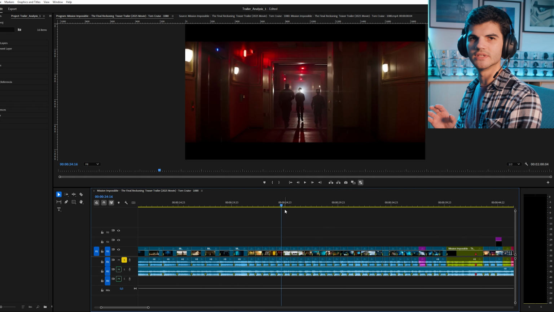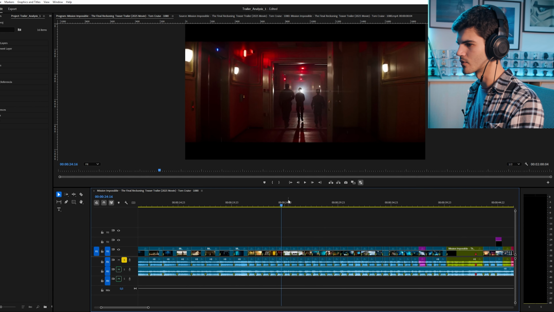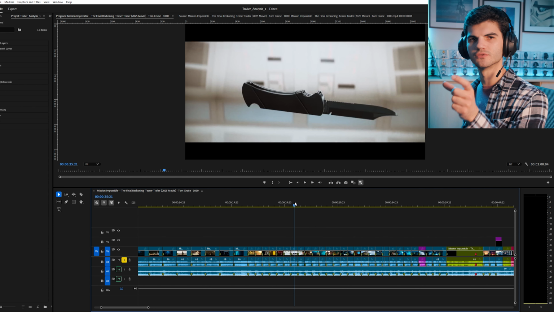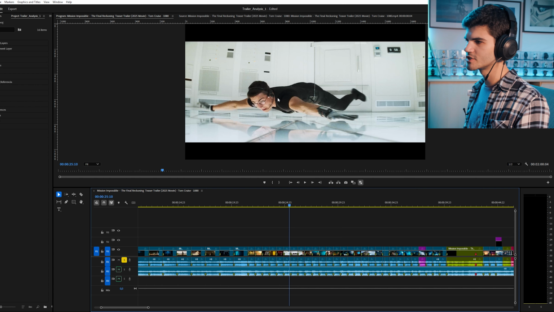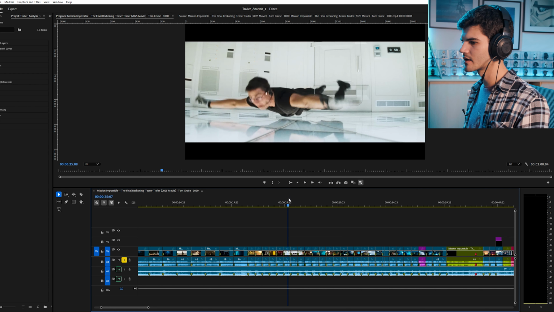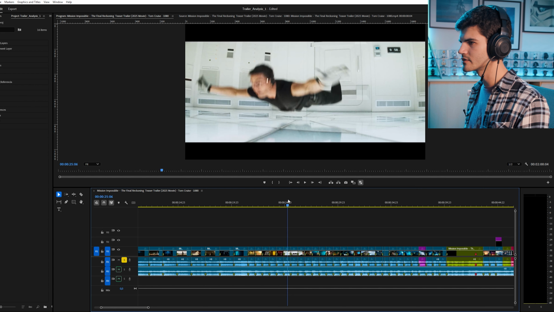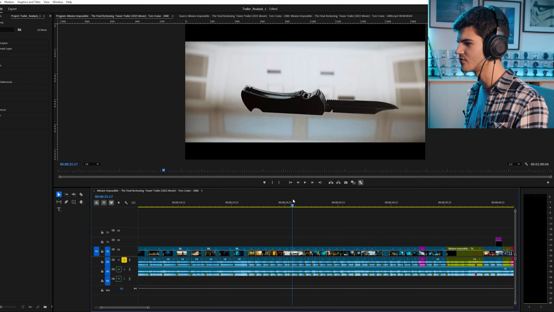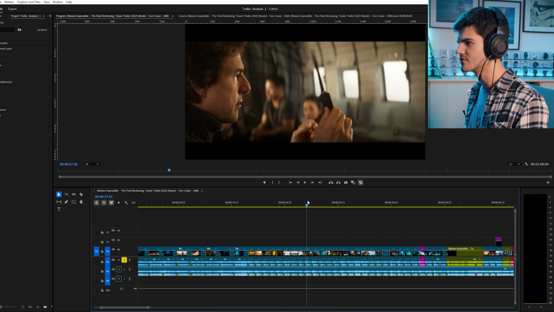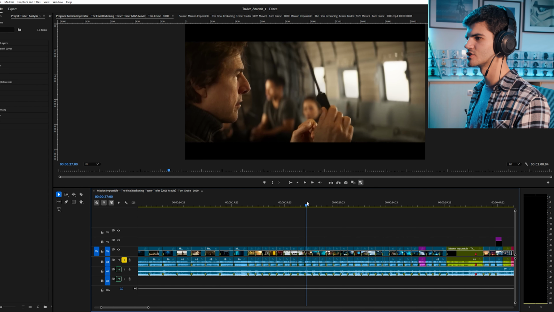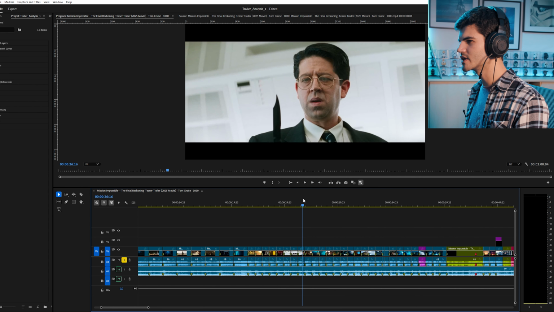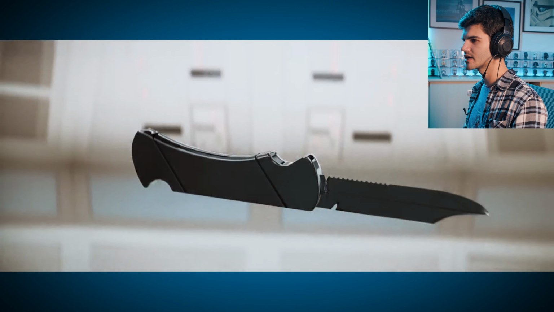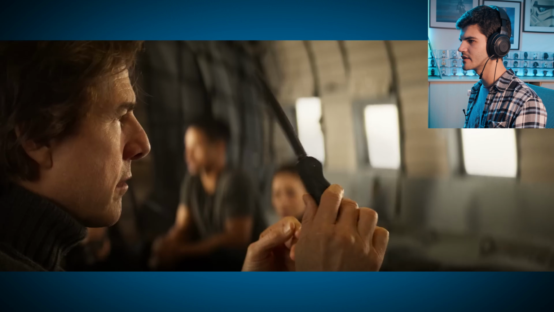I really love these match cuts with the knife. It's 3 in a row, but you can see that even while keeping the rhythm, they manage to grab your attention into one object. We see an image from the first film, Ethan dressed in black with a white background falling downwards, and then it cuts to a black knife, white background, falling downwards. Somebody is holding the knife as if picking it up, and then it cuts to Ethan years later doing a similar movement with the knife. So it cuts in the movement. So here it's moving downwards in the cut, and here it's moving to the right and to the right.